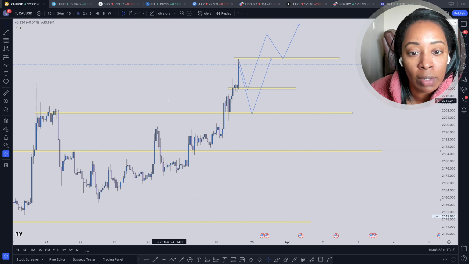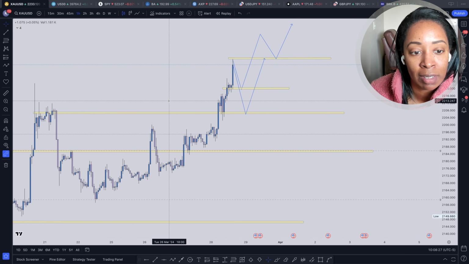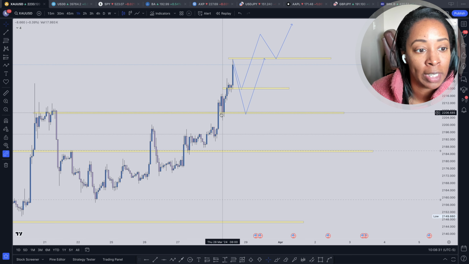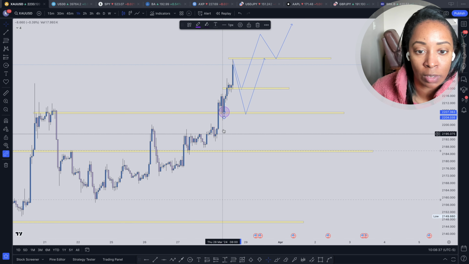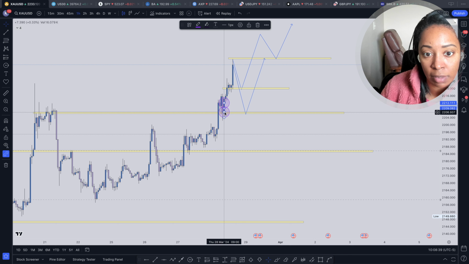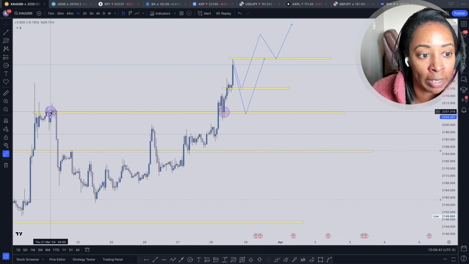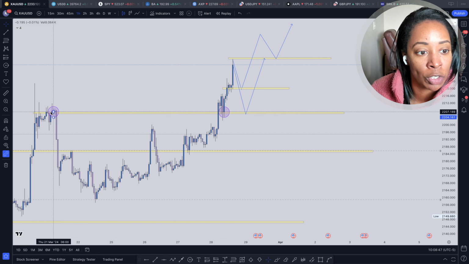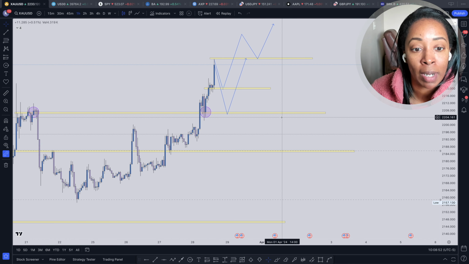So another thing, let me see. There is a possibility of a counter trend. Like I said, I'm not interested in taking this, but I do see it right here. Especially because we have this support here. And then we also have, let me just copy that, this resistance zone over here. It's actually quite strong level because we have all of this rejection here. So this level right here, there's a possibility